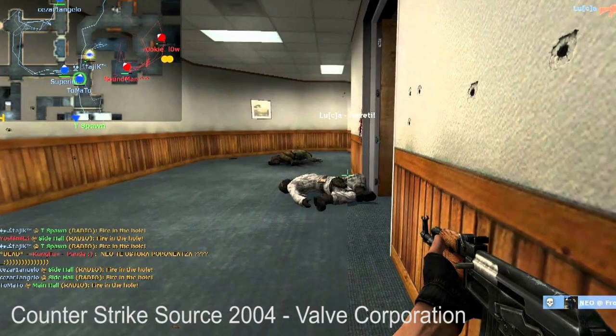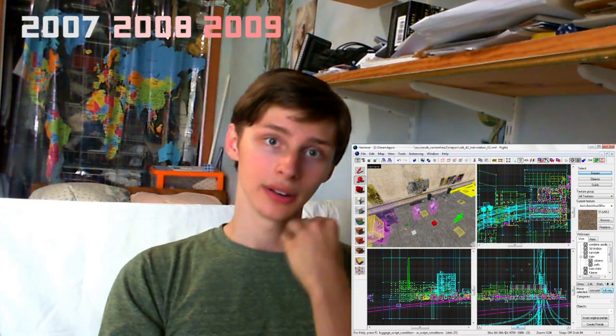So later in 2009, I was introduced to Counter-Strike Source and the Hammer Editor. When I learned what the Hammer Editor was, that just took everything I knew about game development to the next level. And I thought I knew so much when I was using Alice, and then I was just blown away again. I'm like, Hammer Editor, wow, you can change the shape of objects, like skew them, and it was so much.